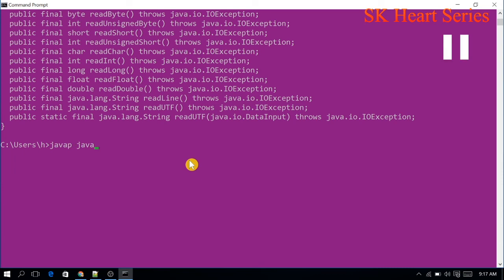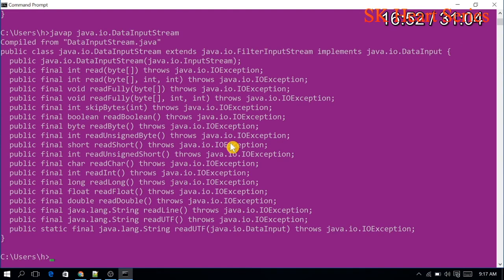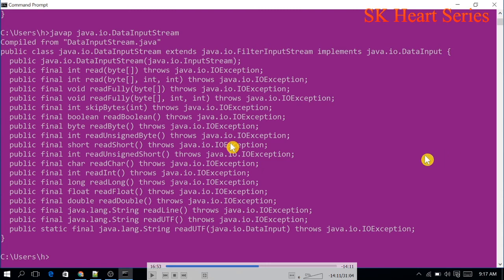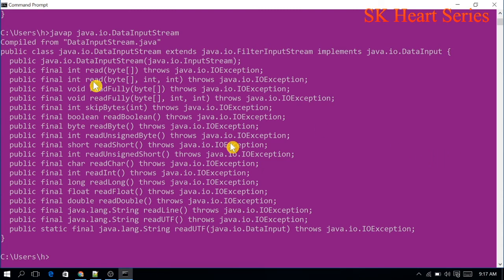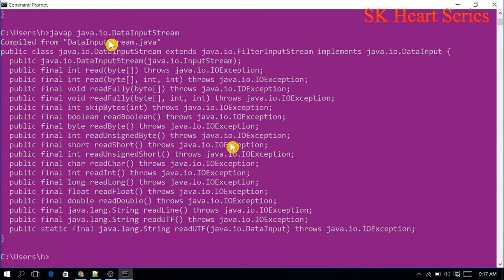In DataInputStream, here you can see the functions that are contained in it. DataInputStream is a class, and these are the functions it contains.